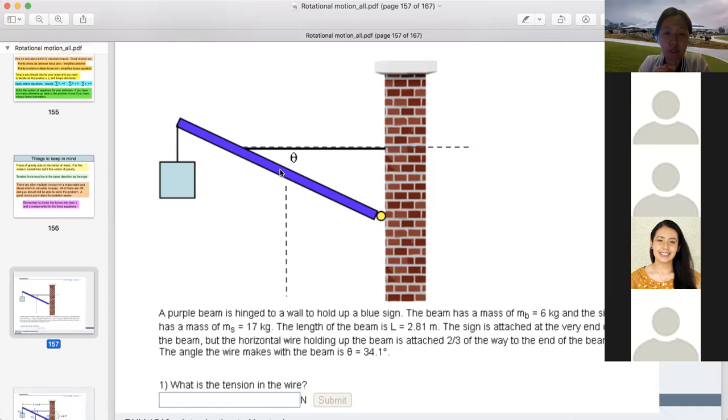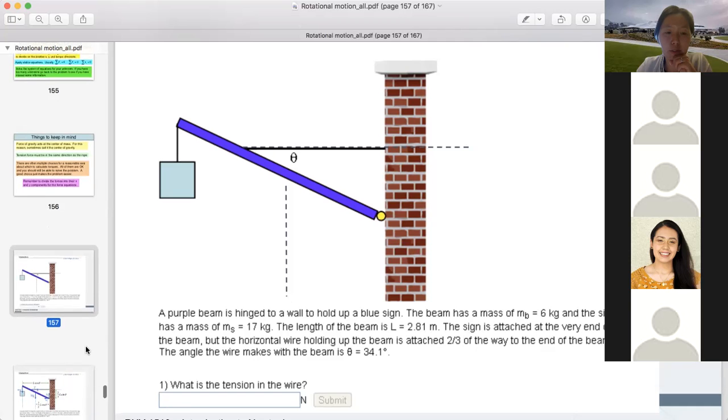The one thing that's left is the lever arm of the tension. Tension is horizontal, so the lever arm will be a perpendicular distance. So it will be this vertical distance, which is where that dashed line across the wall to the yellow dot where the hinge is. So that vertical distance is a sine theta in that triangle. And you can see it's the hypotenuse times sine theta. The hypotenuse is the entire length,